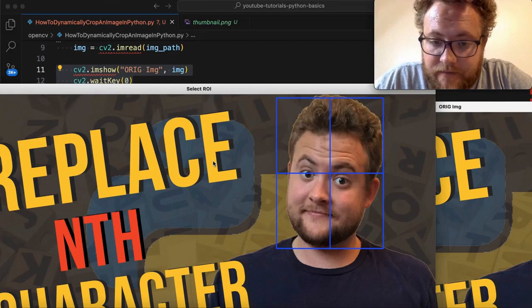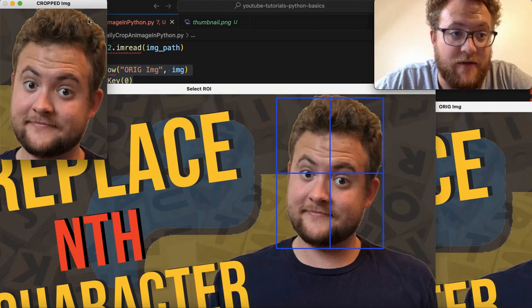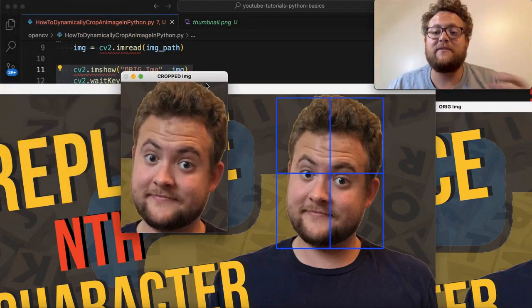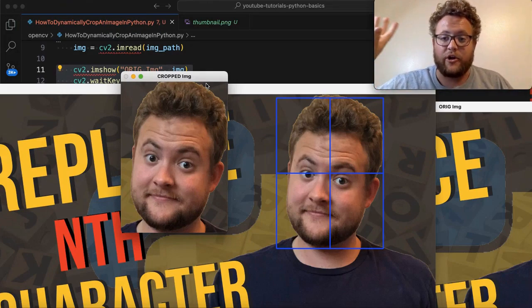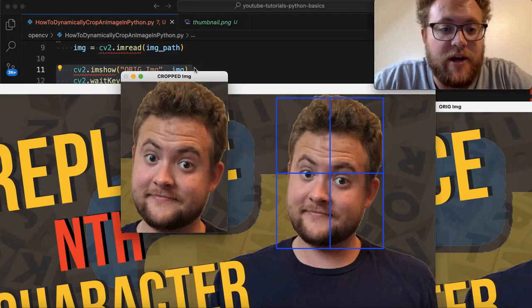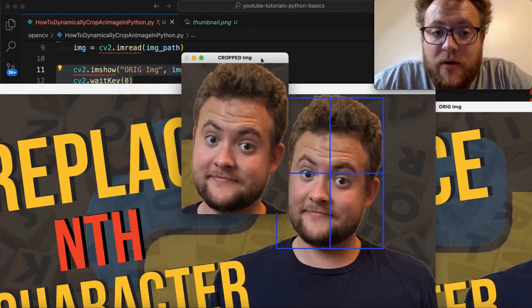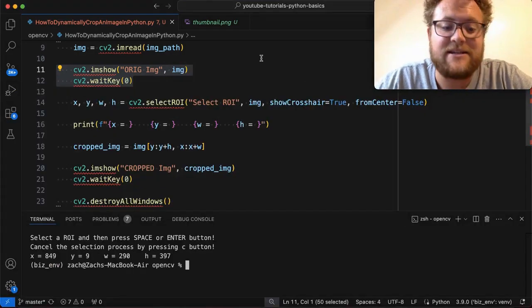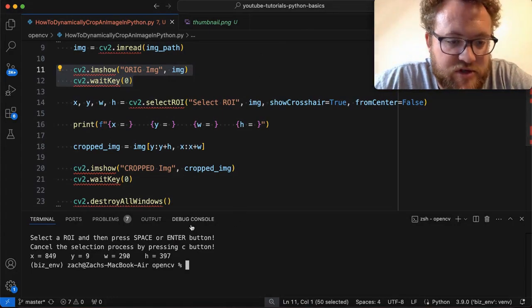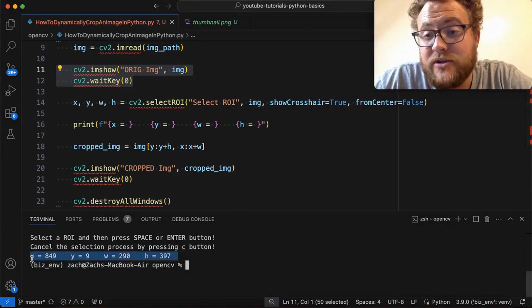Now when I hit enter, you'll see that, hey, look, just like that, that is our cropped image. So we have taken the two different videos that I had, where I had one, how you can select an ROI, one, how you can crop it, and now we've meshed them into one video where now any image that you load in, you can go ahead and crop, all right? And so if I hit another key on my keyboard, I could do like that. Essentially, that will close out the program, and then this will just print out that region of interest that we